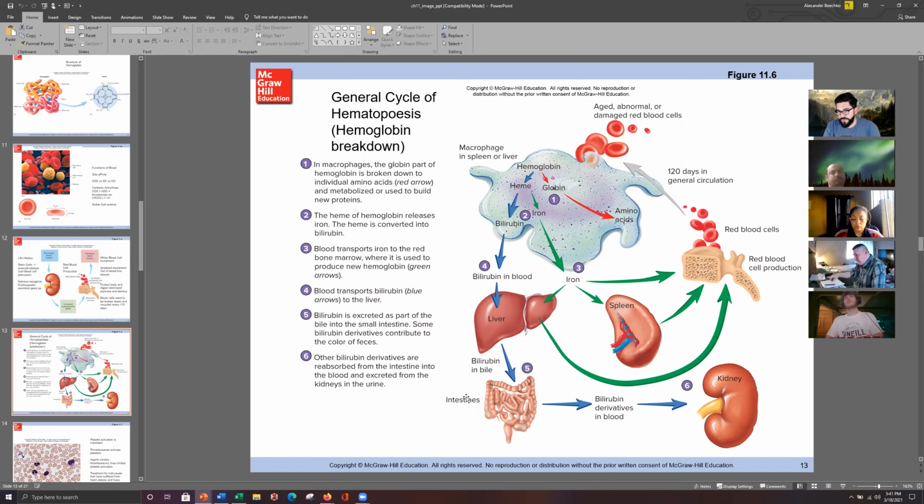So bile will then end up getting extracted out of our intestines via the excretory system, and then we can release that waste product through our kidneys as part of our nitrogenous waste in our urine. But if you have problems or you're unable to cycle through the bilirubin, it can build up in the liver and cause a condition called jaundice, which will inflame the liver and impair its function. This will usually manifest as a yellowing complexion in an individual,